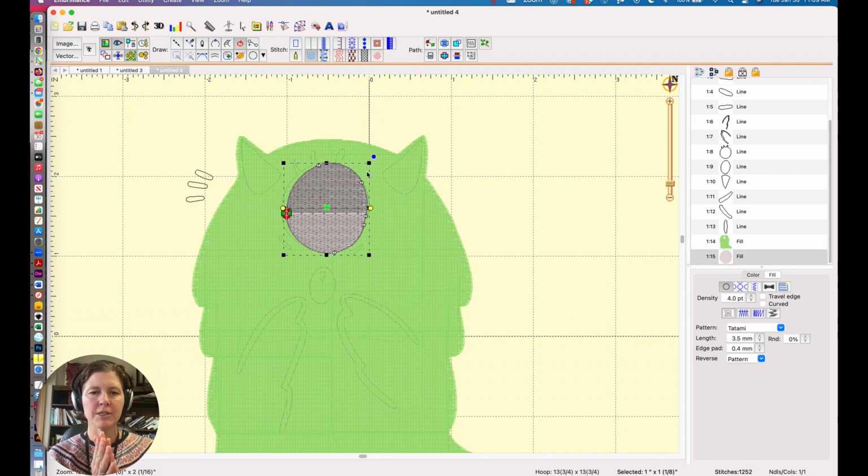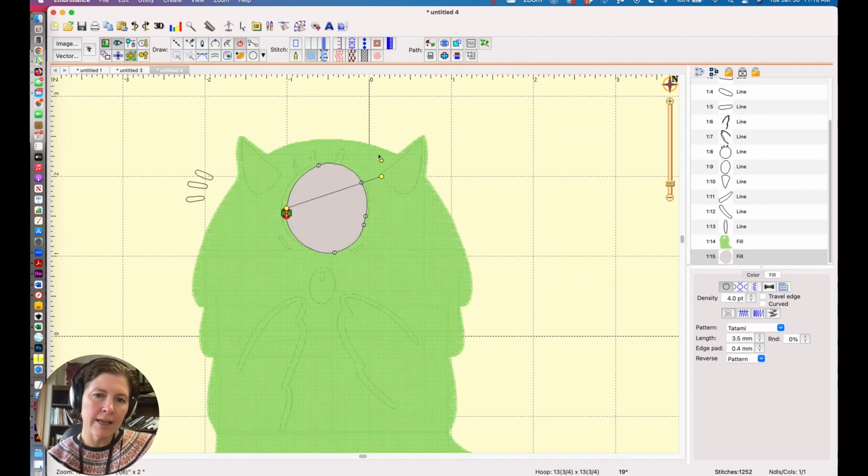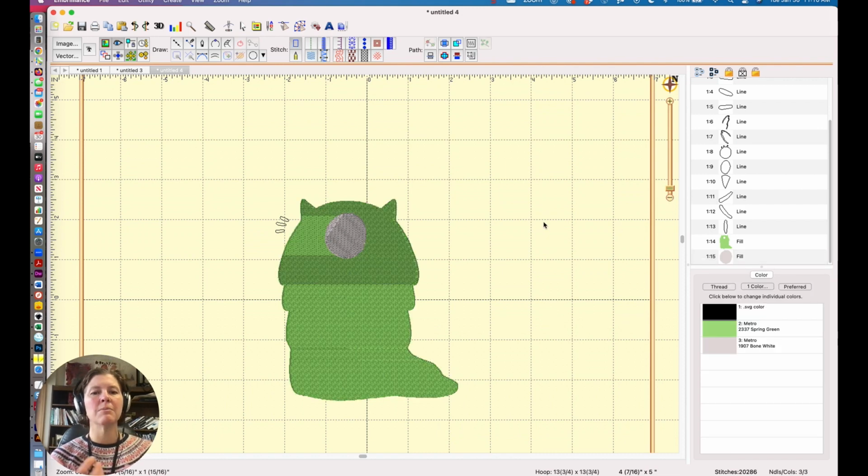There are a couple more strategies with digitizing that I would do if this were my object I was working on. First of all, I would reduce the control points even further. These 2 objects have stitches going in the same direction, and that's kind of boring, so I would change the angle of my stitches. I would also maybe increase the edge padding here just a little bit, and what that does is make the stitches go out a little bit more around the edges to overlap that bottom shape a bit more. Yeah, so that's basically some of the things that you can do to make those vector shapes more usable in